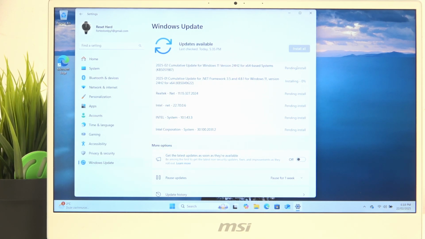In my case, they have automatically started, so now they are installing. Some of them take longer, some of them take less, and I think the two ones at the top are gonna be the longest ones, and these are gonna be pretty short. So I'll just wait until they all get installed, and after that some of them may prompt me to restart